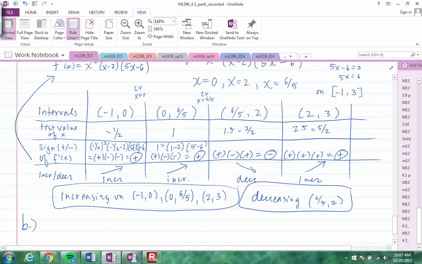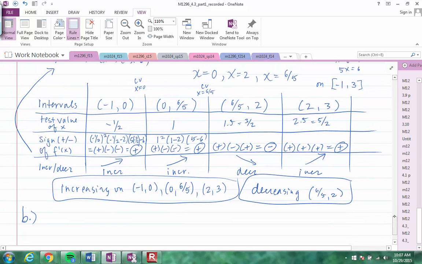Part B, I'll just tell you what it says. It was up above. Was to find the local max and mins. Now, we've actually done all the hard work. All we need to do is use our table from above, and notice when we have increasing to increasing, at that critical value we do not have a local max or min. When we go from increasing to decreasing with the first derivative test,